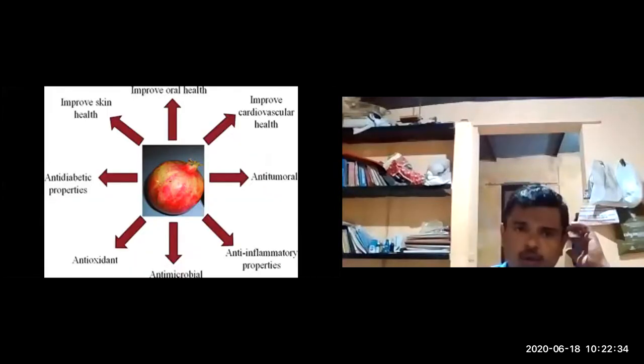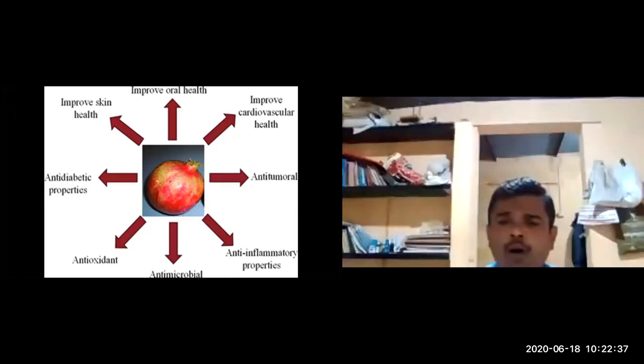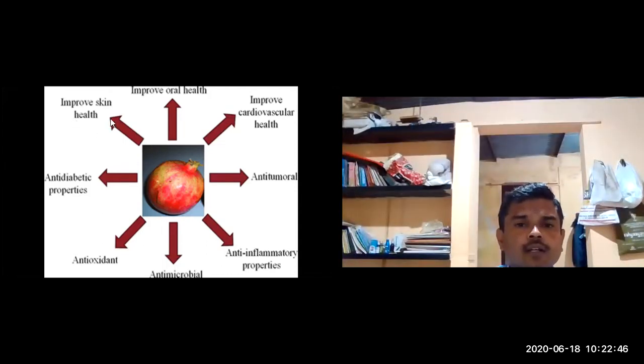Okay. So next we'll move to Karma and Rogagnata. Before going to that, this is according to modern science, what the Dadima Phala contains. They say it improves the skin. It improves cardiovascular health, as Acharya Charaka says under Rudya Mahakashaya. The modern pharmacologists say it improves cardiovascular health, and has anti-tumor activity. Most of the research has already been carried out. It also has anti-inflammatory and antimicrobial properties, as I have mentioned.